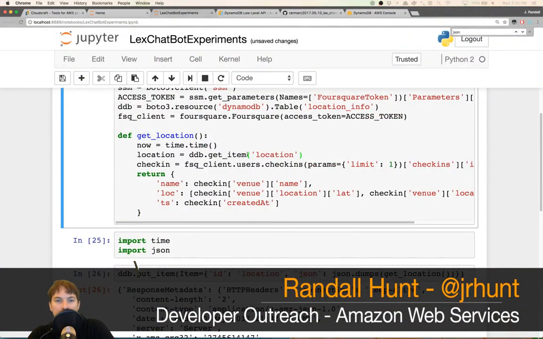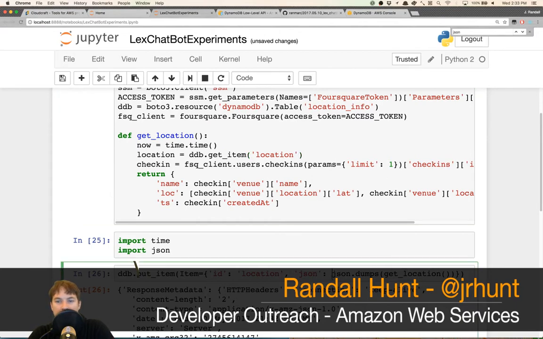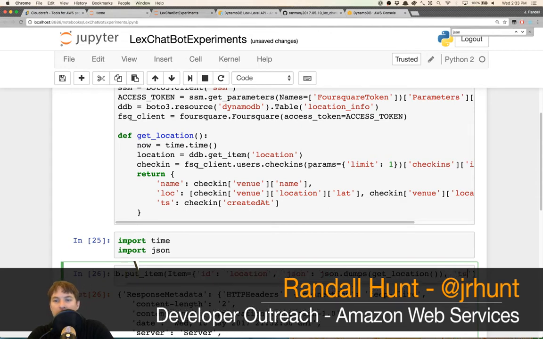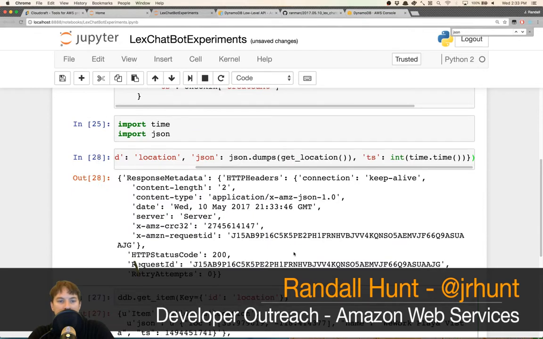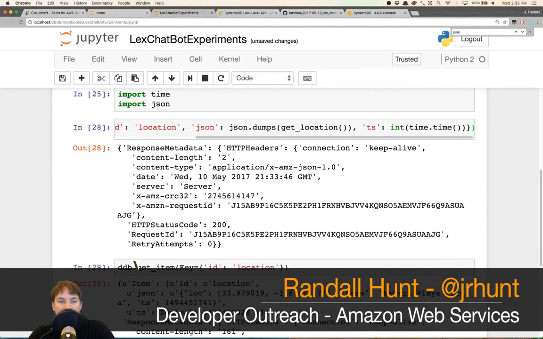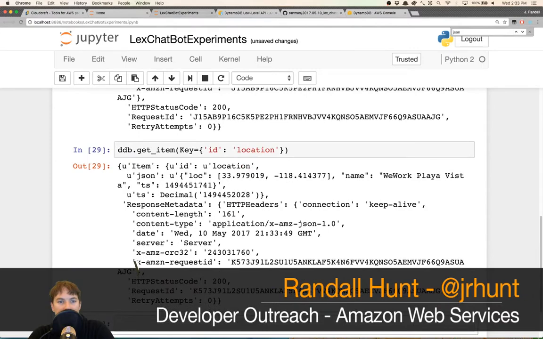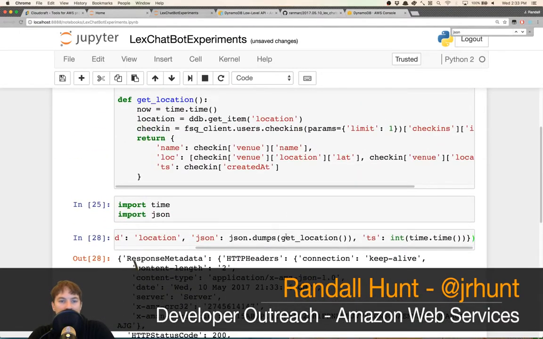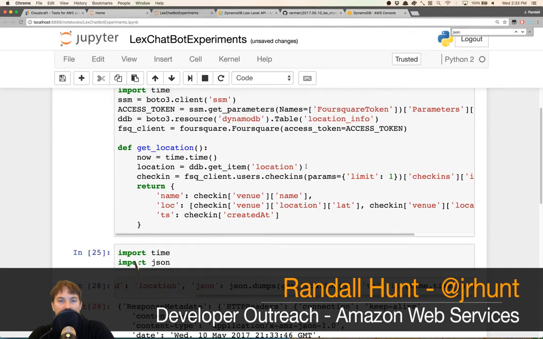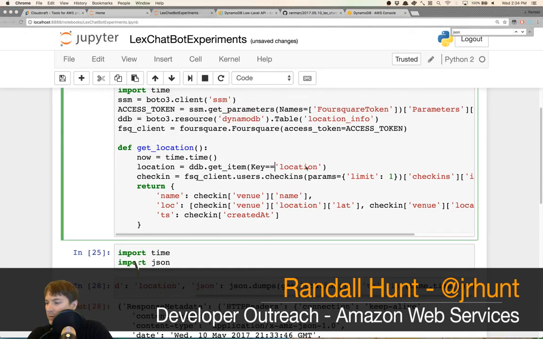So now that we have all of this, the other thing that I want to do is put in a timestamp. So one more item here. We'll call this TS and we'll say time.time, and then we're going to int this. Cool. So then when we call ddb.get_item, key equals